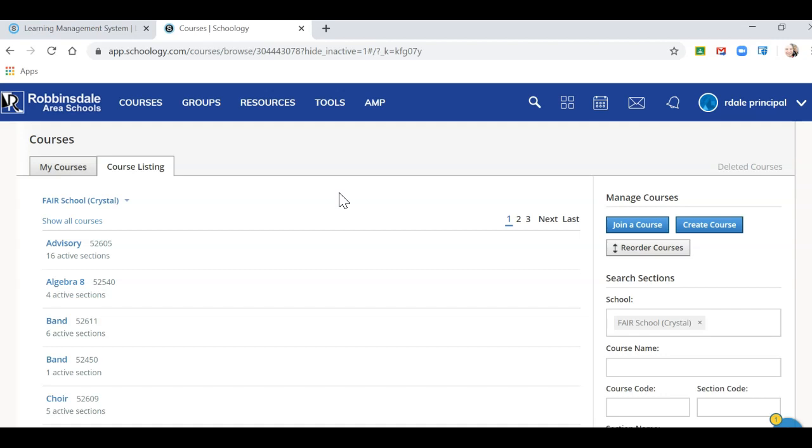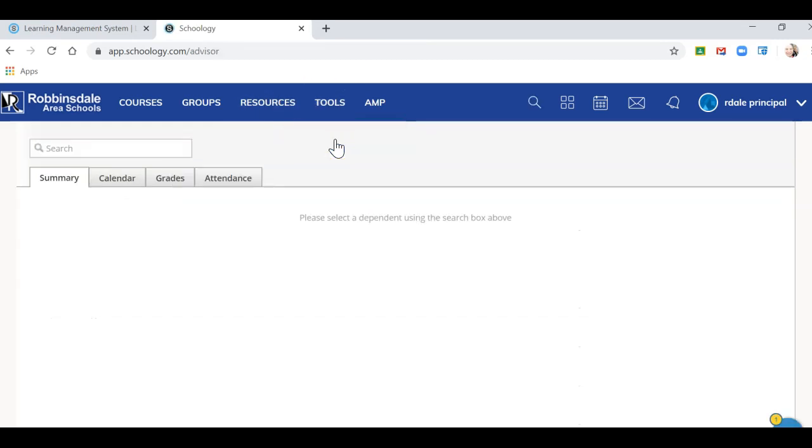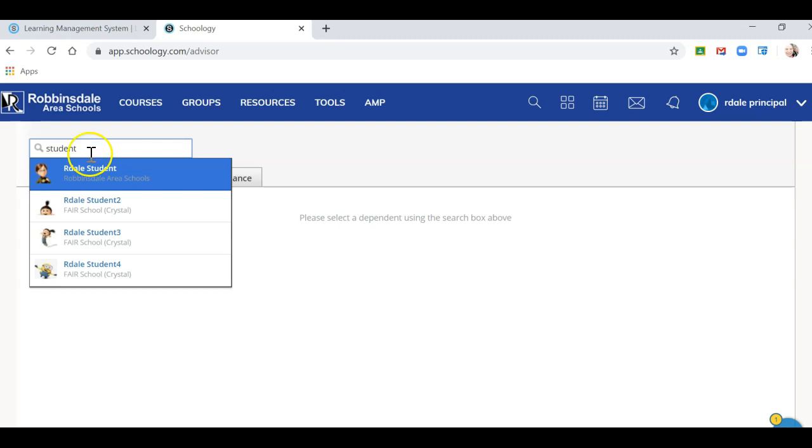The final thing that principals often want to do is they're meeting with a student, and so they want to look at some information for a student. And so under the Tools menu, you have something called the Advisor Dashboard. When you select that, you'll see that you can search for a student's name. So if I look for this Ardale student right here,